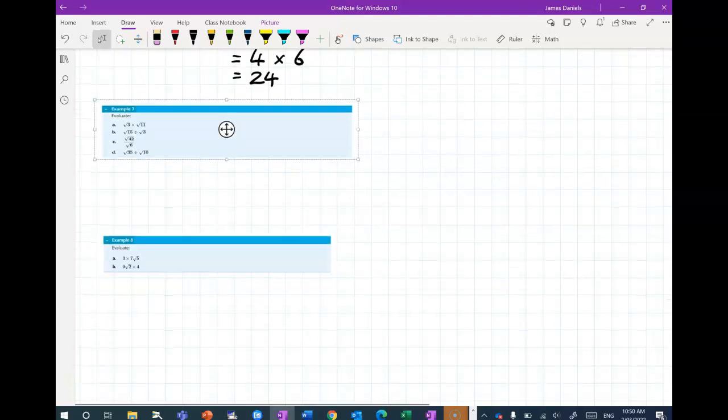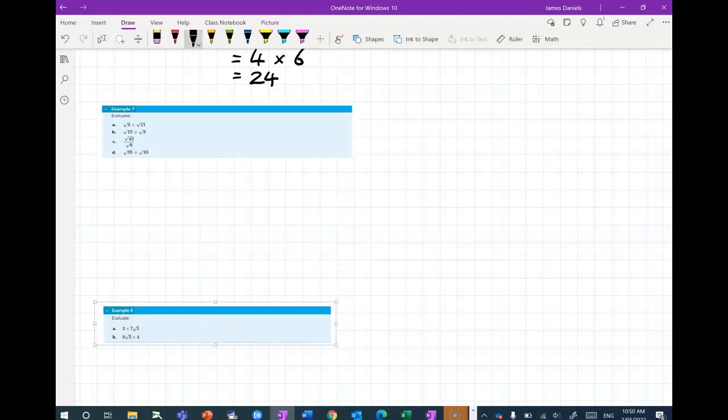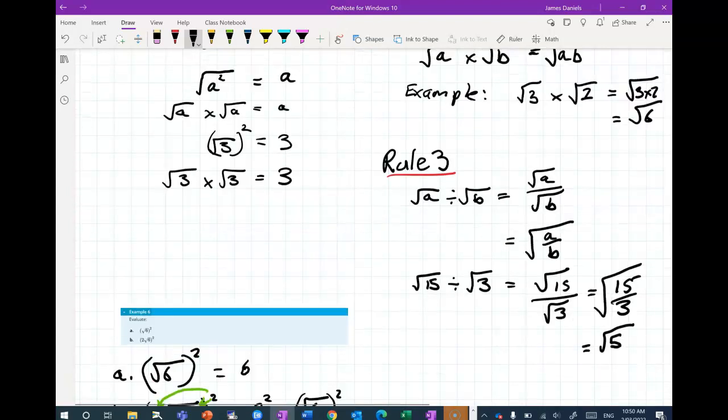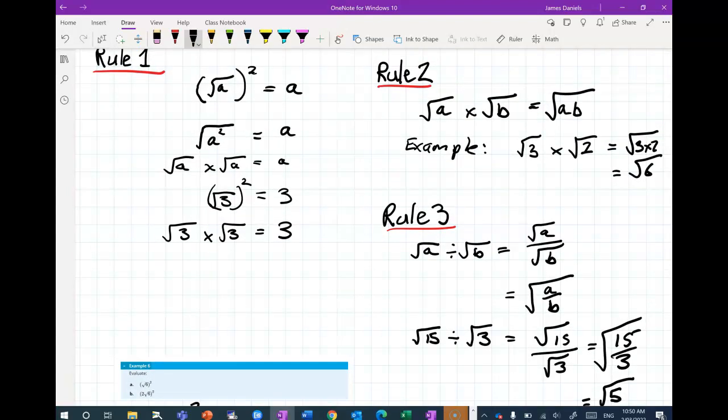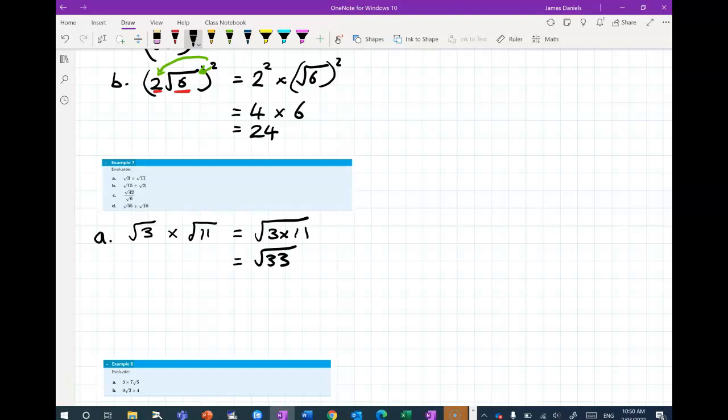All right, now we're on to example 7. Question A. It relates to rule 2, which states, when I multiply two surds together, I can put them under the same house and simplify. So we have the square root of 3 multiplied by the square root of 11, and that would equal the square root of 3 times 11, which is equal to the square root of 33. B, if you've looked ahead, is already